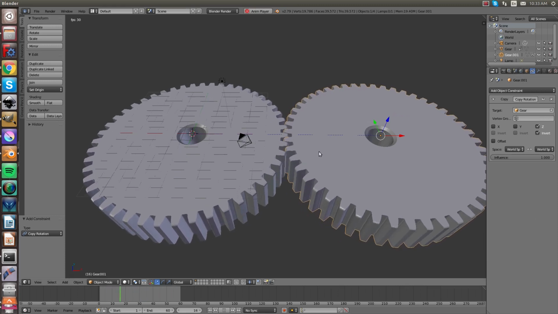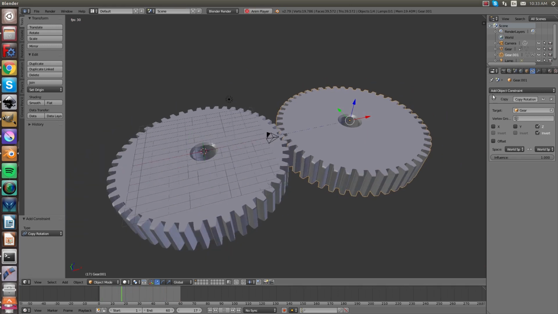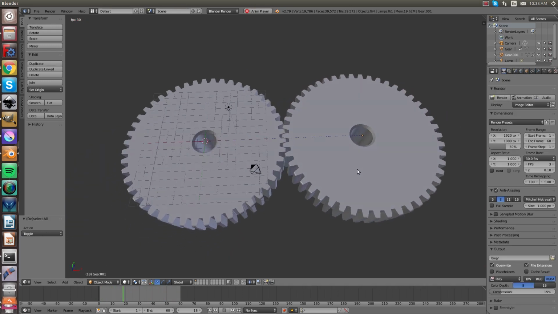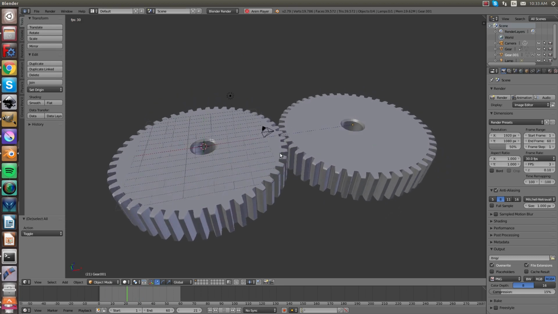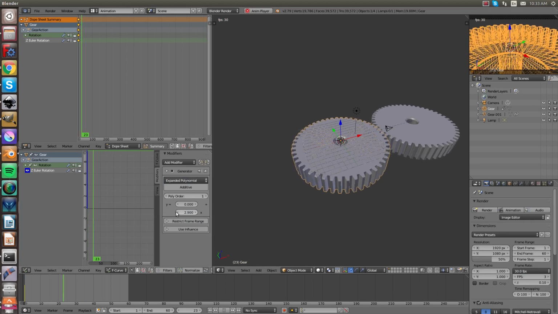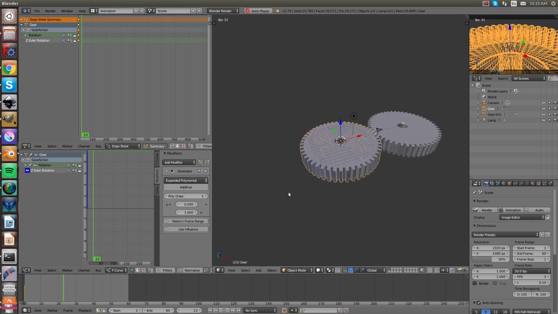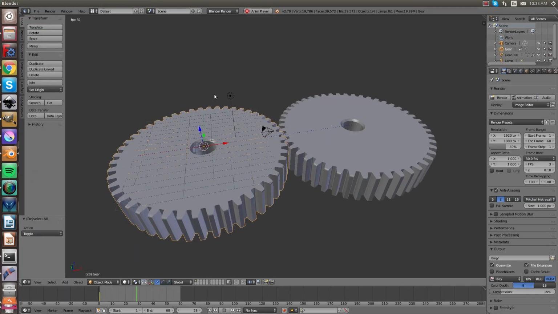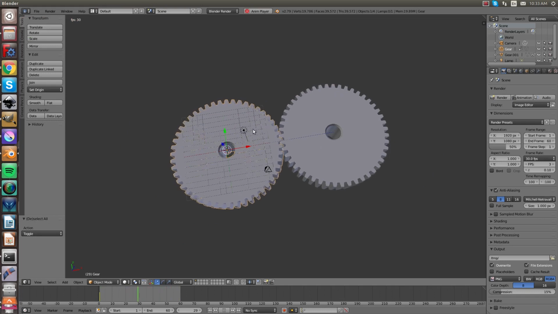Now with that, we can go ahead and look at our animation here, and this sure looks very smooth and just how we want it. We could even go in here, back to animation. If we wanted, we could speed it up a little bit so it gives it a little bit more of a realistic looking animation. So you could go along and add as many gears here as you want,